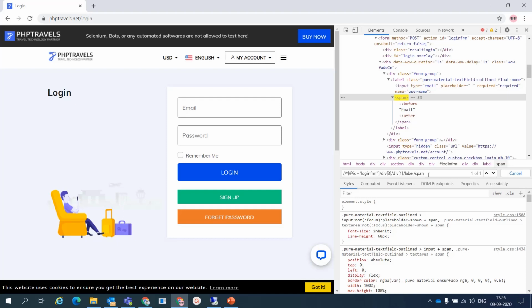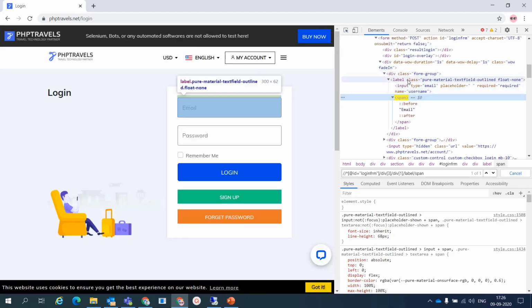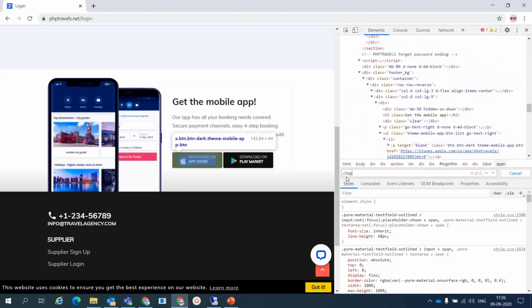Now this is the XPath given by Chrome. How can we create our own XPath for this specific web element? So we'll just click on this, and we'll see its hierarchy, who is its parent and all. So here if you go to input, its type is equal to email, and name is equal to username. Let's try this. What do we want to search? We want to search input.